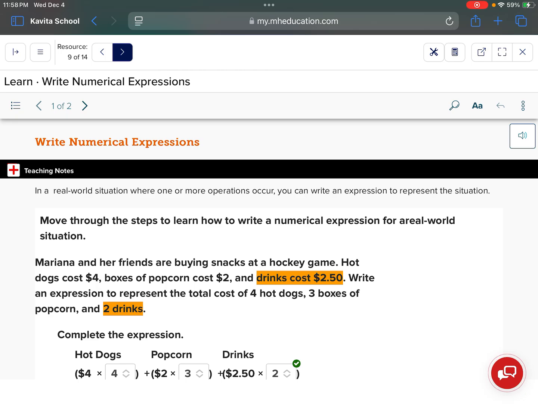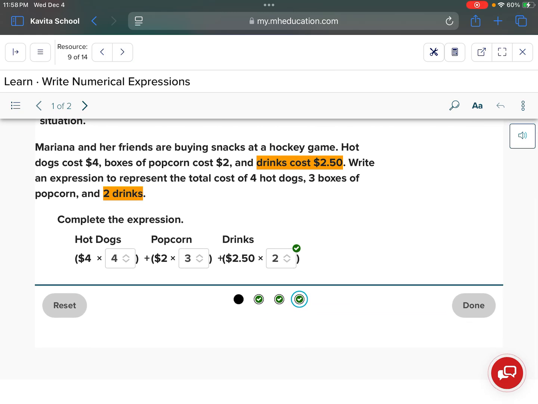a real world situation where one or more operations occur and we write expressions to represent the situation. So let's look at our issue here. Mariana and her friends are buying snacks at a hockey game. Hot dogs here cost $4. Boxes of popcorn cost $2 and drinks cost $2.50. So we have to write an expression to represent the total cost for 4 hot dogs, 3 boxes of popcorn,